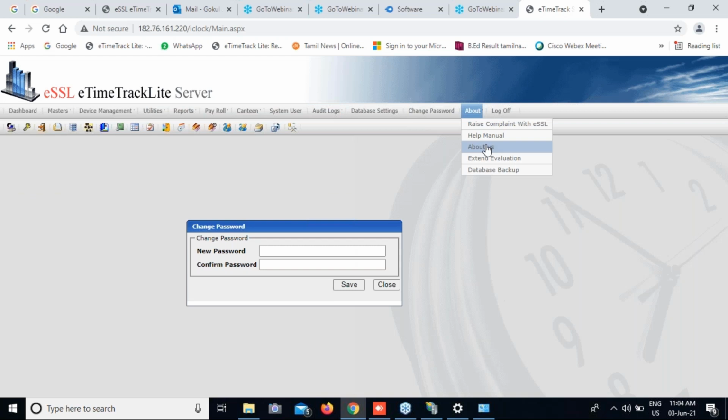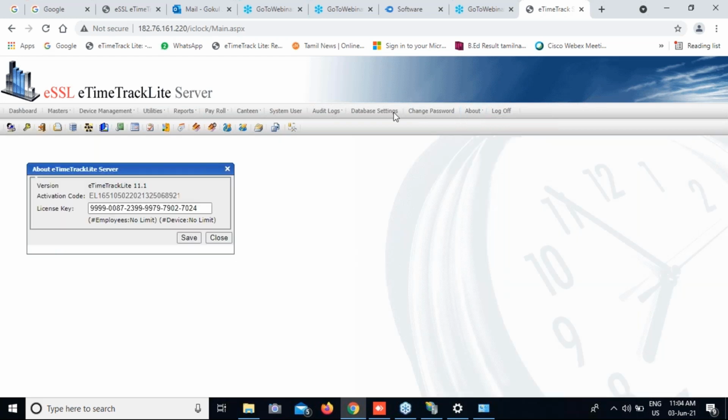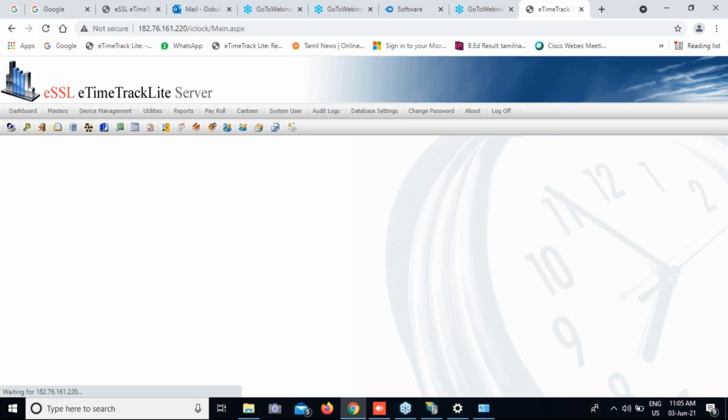Next, if you want to take any backup, we can take the backup. This will be in .bak format. Using this backup, we can restore into the SQL database. This is the option. I have almost covered all the options. If you have any doubts or need any clarification, you can ask one by one, please.